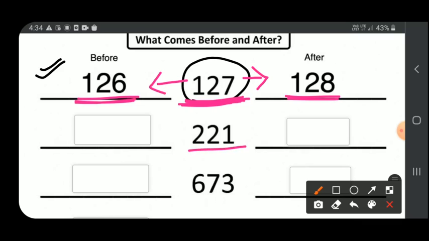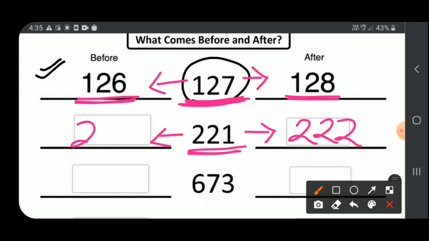Now here you can see 221. After 221 we will get 222, and before 221 we will get 220. So here also you can see 673 is present.